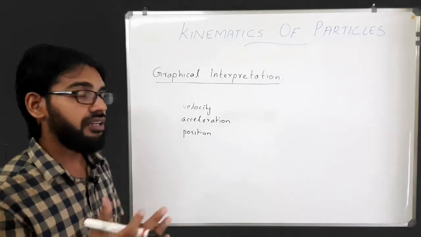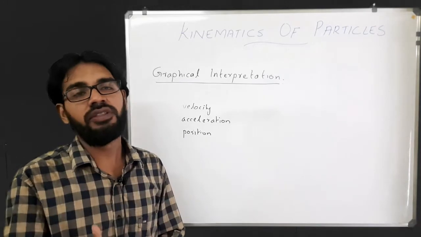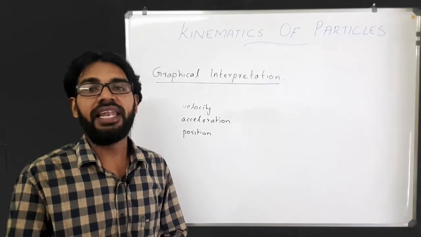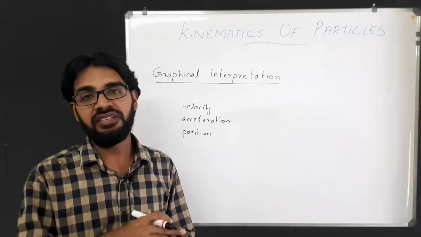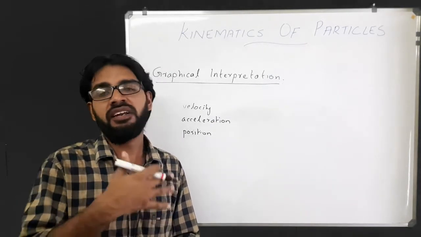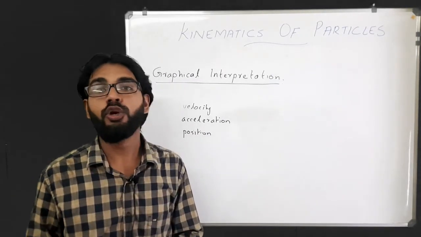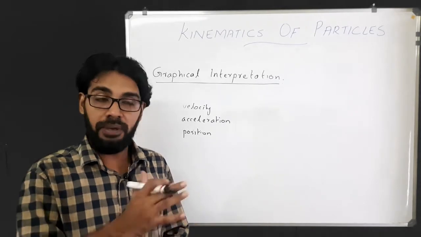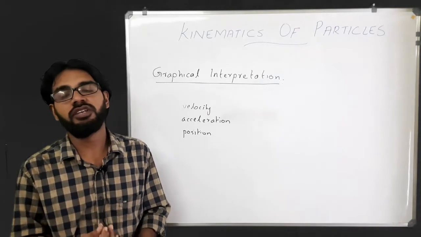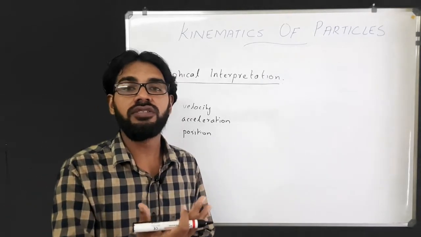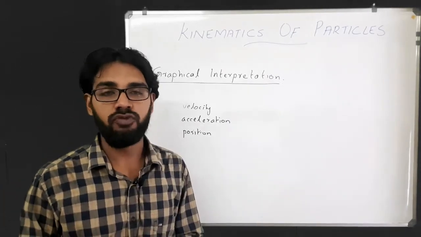Graphical interpretations become useful when the motion given to you may be experimental data, where the corresponding position, velocity and accelerations may not be analytical functions of t. This is also the case in erratic or non-continuous motions, where we may not be able to get a continuous mathematical function for expressing the equations of motion. So in this case, graphical interpretations become very useful.